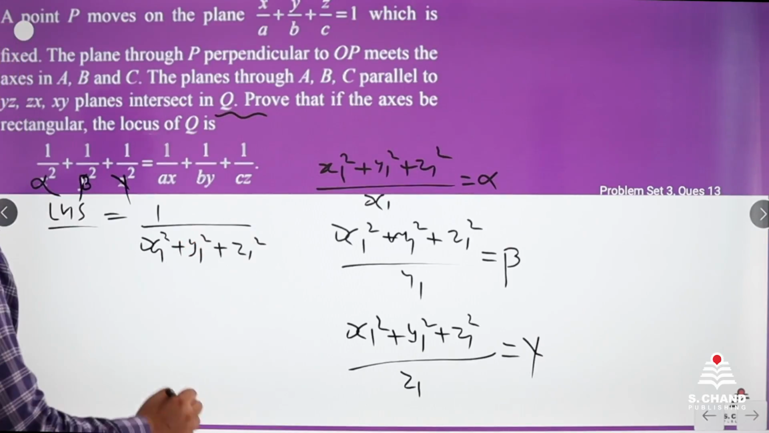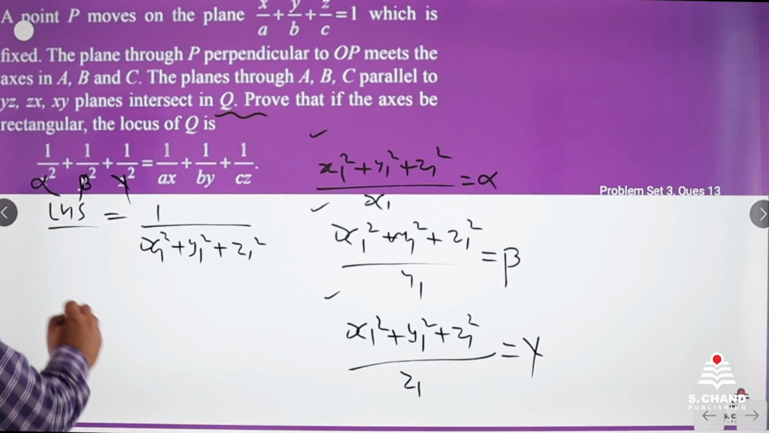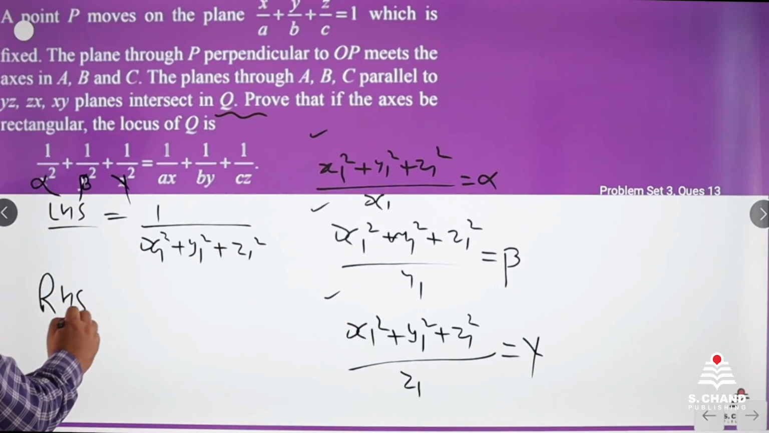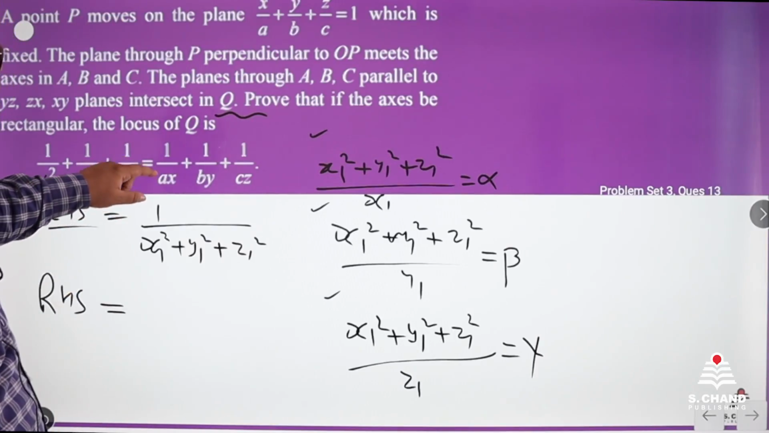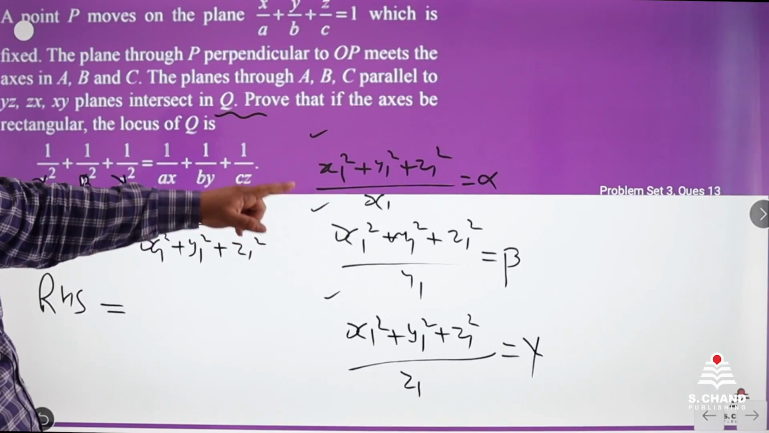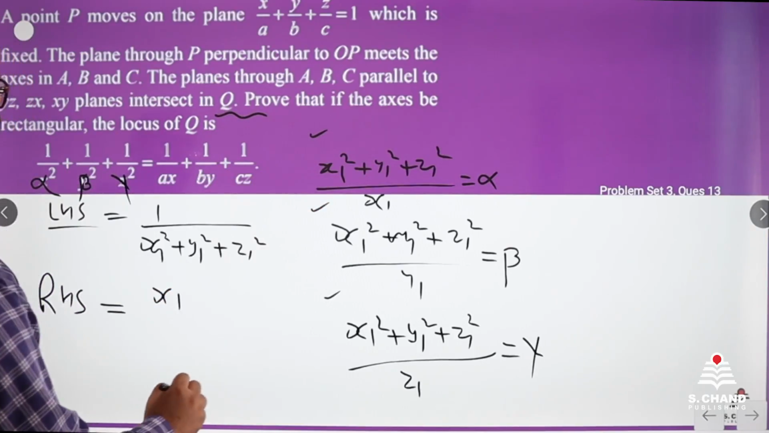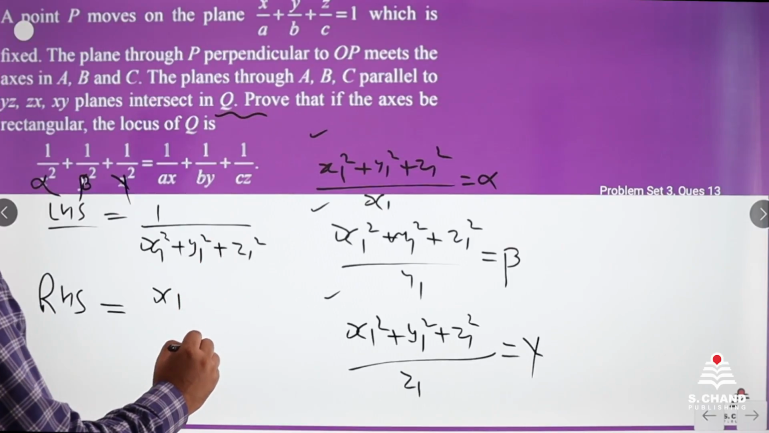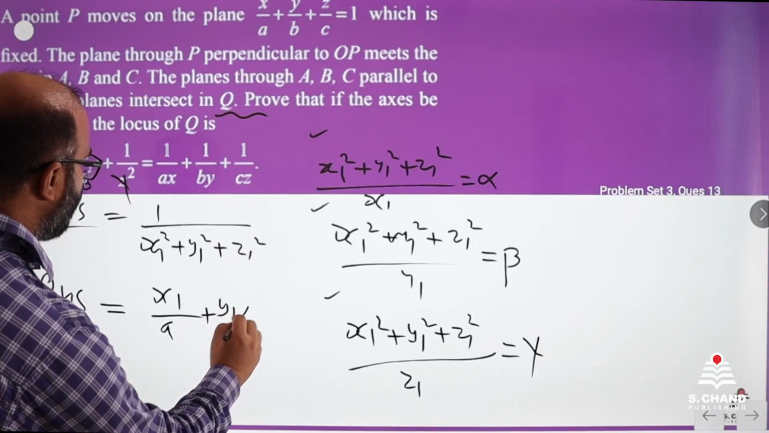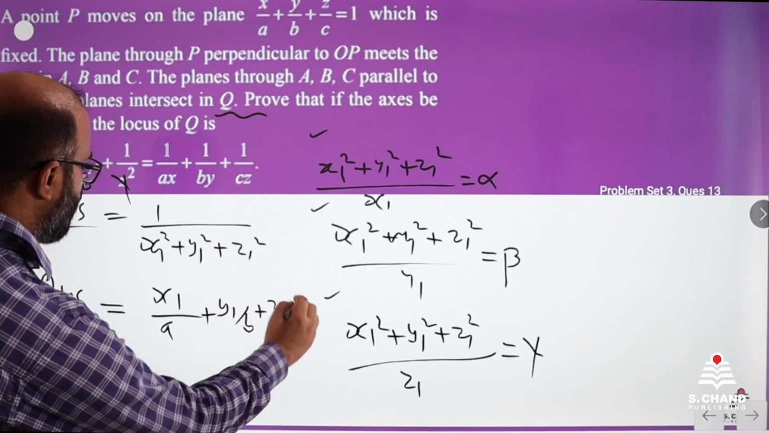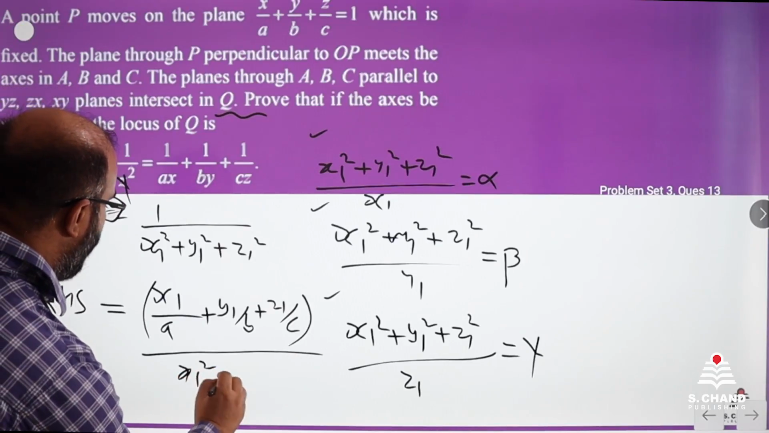This will be NH after you substitute alpha, beta, and gamma. And when you take the right hand side, it is equal to 1 by ax. So again 1 by x is 1 by alpha, it is x1 by a plus y1 by b plus z1 by c by it will become x1 square plus y1 square plus